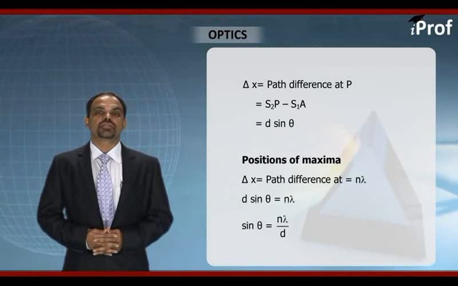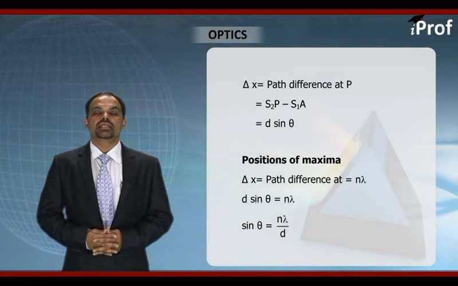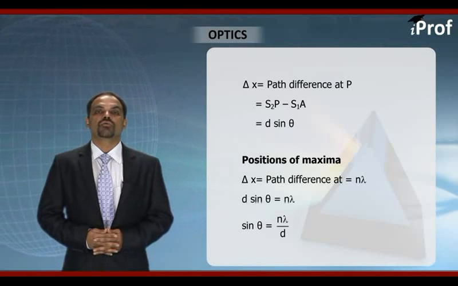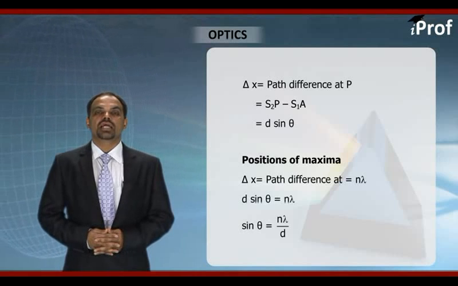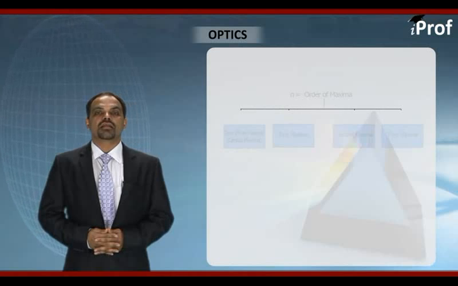We know from the basic theory of interference that at all points where constructive interference takes place, the path difference will be an integral multiple of the wavelength. So we can write for maxima the condition: d sine theta is equal to n lambda, or sine theta is equal to n lambda by small d. Now this equation gives the angular position of all maxima on the screen,